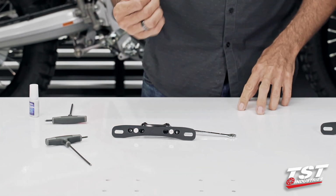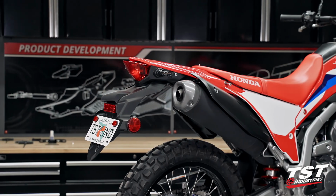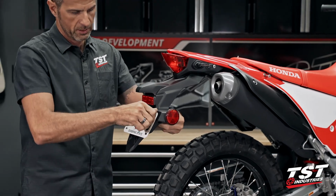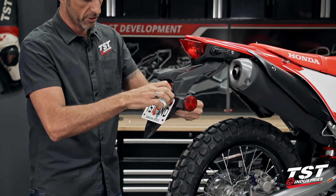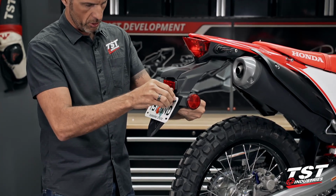All right, let's get this over to the bike and let's perform our installation. In the first step, we will remove the license plate off the bike. We will save the fasteners that hold the license plate to the bike and reuse them on our new TST